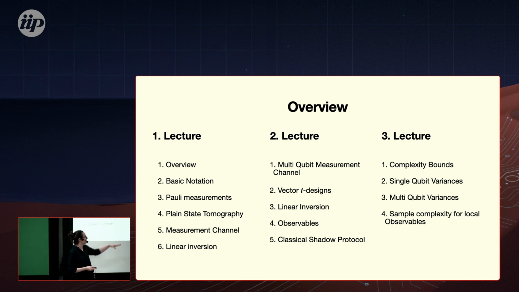And then, this is more hands-on, a bit more coding, and then the third lecture will be a bit more mathematically heavy, where we will see, if I have a classical shadow protocol, how do I know that I actually converge to the true value? There we will dive into complexity bounds, different types of them, and then what we have to use in order to calculate the Bernstein inequality for our classical shadow protocol. Namely, we need to know the variance of our estimator. This will be a bit more mathematical, a bit more involved, and then we will derive the sample complexity.